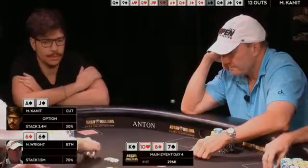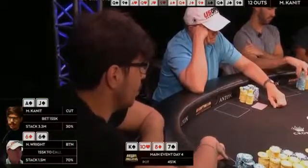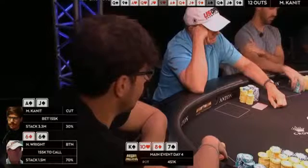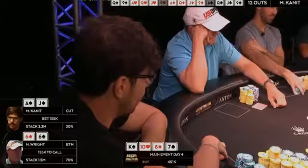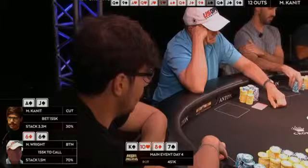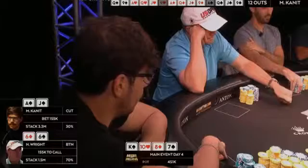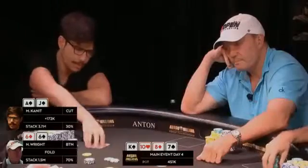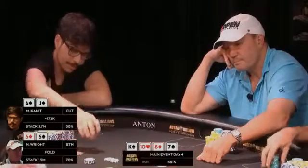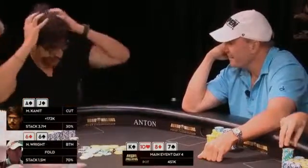Seat 1 bets 155,000. Another bullet here from Mustafa. Seat 2 folds. Nice play by Mustafa. He has the worst hand. He fires twice. And these hands that we've seen at this featured table,